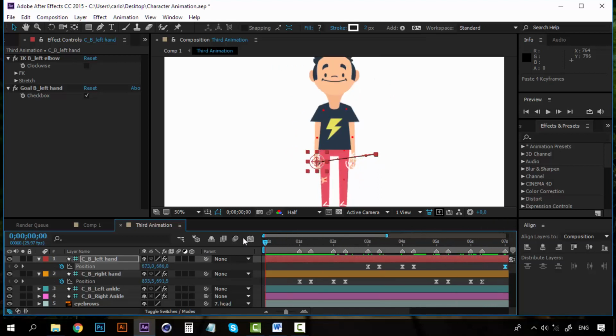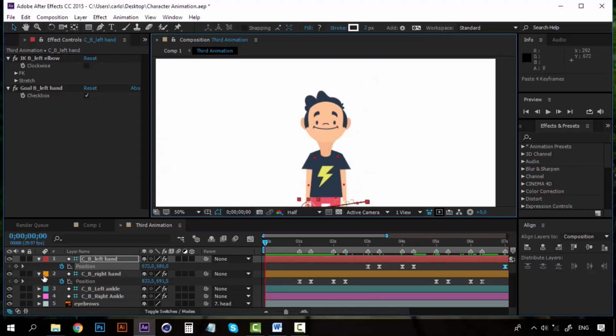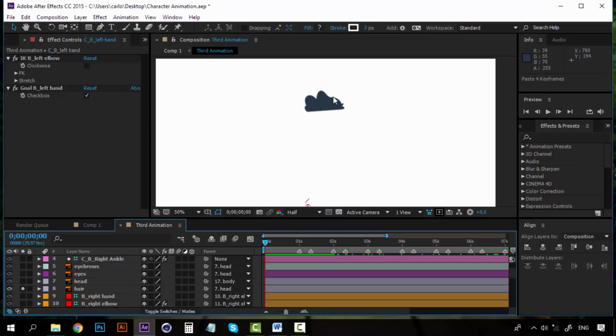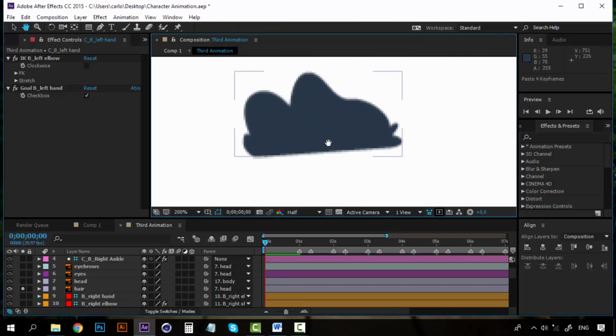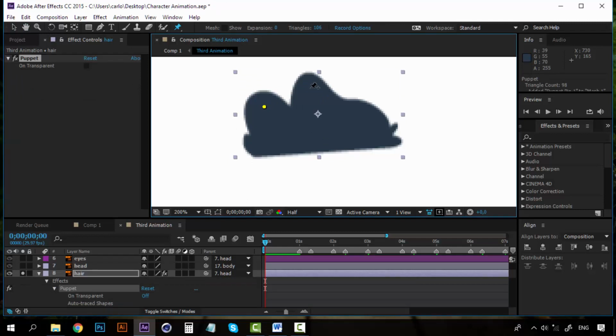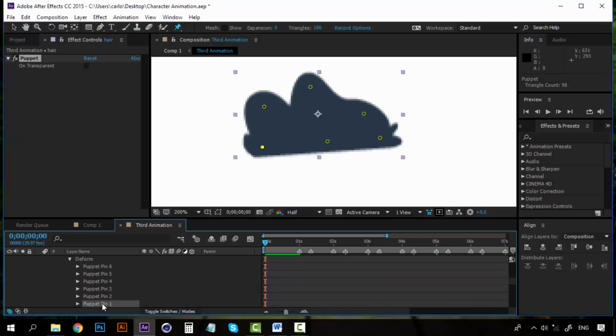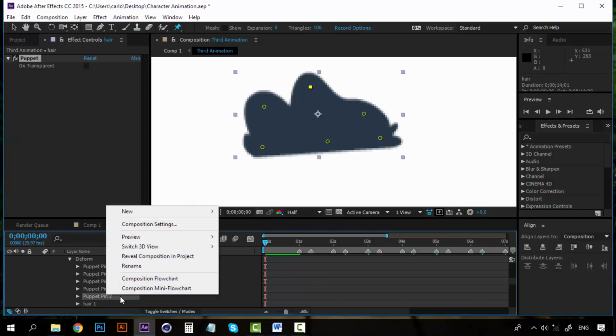Perfect. Now we have to animate the hair here also. So let's close this. Let's go to our hair, and again let's create the puppet pins tool, because remember that we are using the original composition, so we need to add the puppet pins again. But don't worry, this is really quick. Let's just rename the puppet pins hair 1 and hair 2,